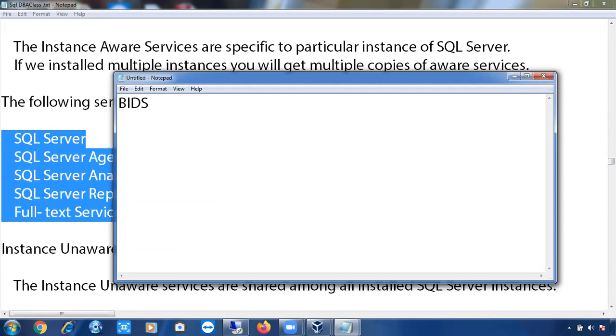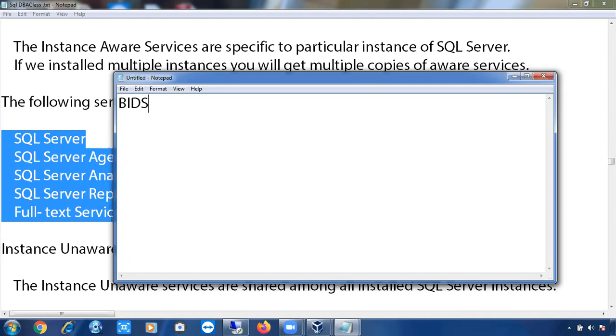And of course, as a DBA, you have to install them. No one else is going to install. Even a business analyst is not going to install these services. As a SQL DBA, you have to install SSIS, SSRS, SSAS. That is your responsibility, and you have to configure the reporting services. For SSIS and SSAS, there is nothing to configure, but reporting services you have to configure.